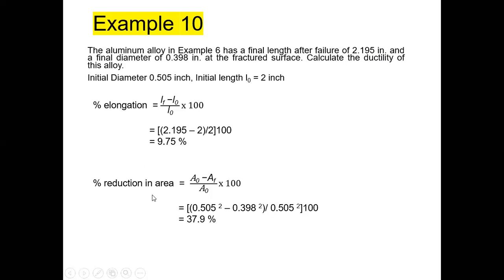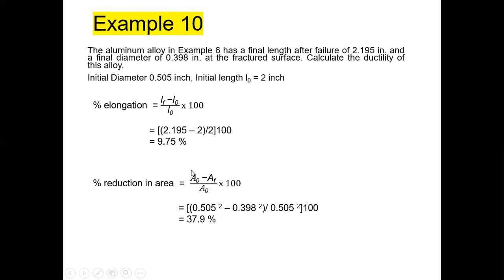The percentage reduction in area at the fracture surface, the final diameter is given, right? That is 0.398. The diameter, but here it is a cross section, but it doesn't matter. But here you have to put the square terms. Why? Area is πd squared over 4, right? So here the diameter is the original diameter